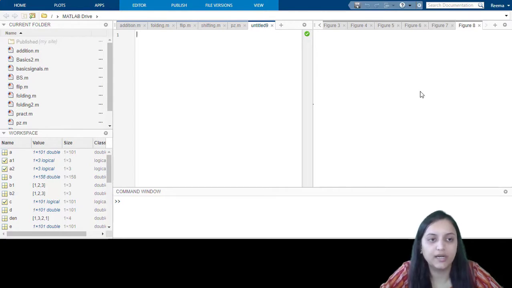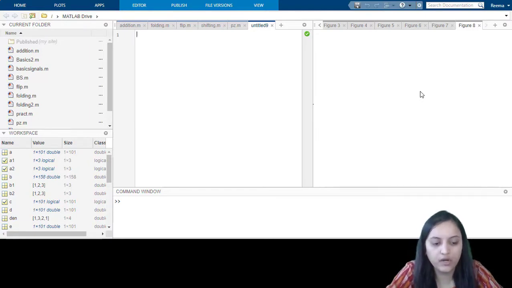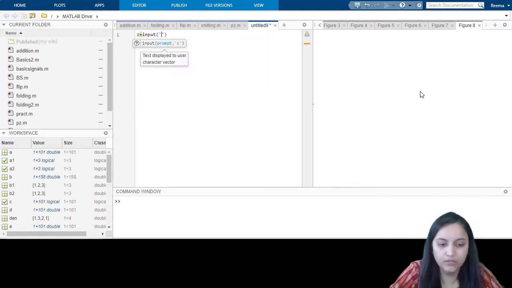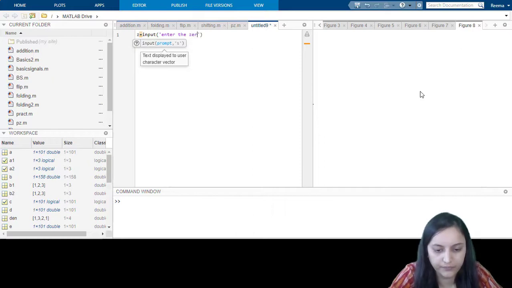Okay, so in this session, let us see how we can find the transfer function from the poles and zeros using MATLAB. That means here, the user will enter the poles and zeros values and MATLAB will return the transfer function from it. So first of all, let us write down z equals to input. That means let us ask for the values of zeros from the user. So here we need to enter the zeros.